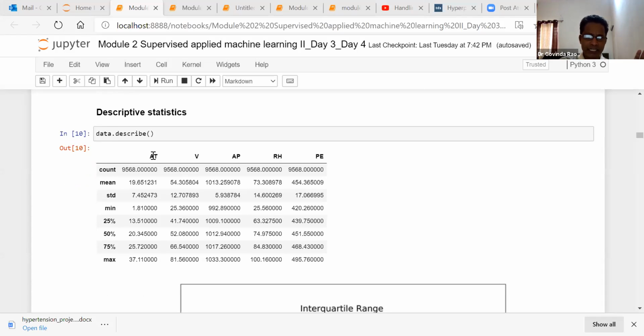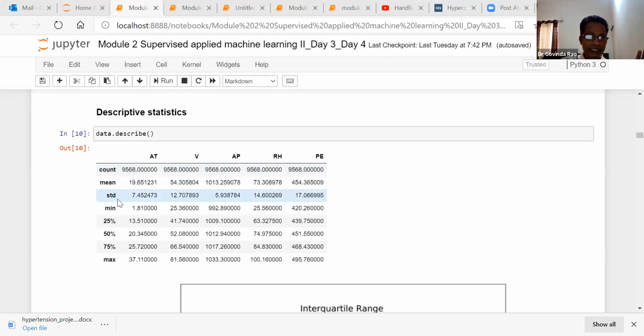For each independent variable, ambient temperature, vacuum, ambient pressure, and relative humidity, we study, for example, the mean of ambient temperature and the mean of vacuum. Like this, we can study the descriptive or summary statistics of your data.